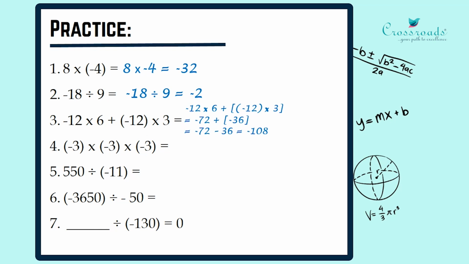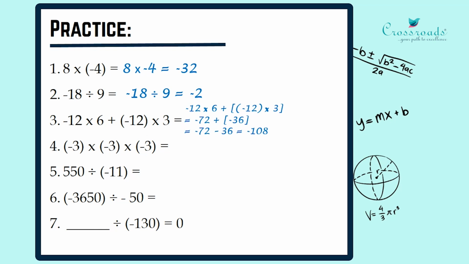So first I'm going to work out with first two digits. So minus 12 into 6 is nothing but minus 72. This side I'm going to work out minus 12 into 3 is nothing but minus 36. Now minus 72 plus into minus is minus, therefore minus 36. So minus 72 minus 36, we derive an answer minus 108.